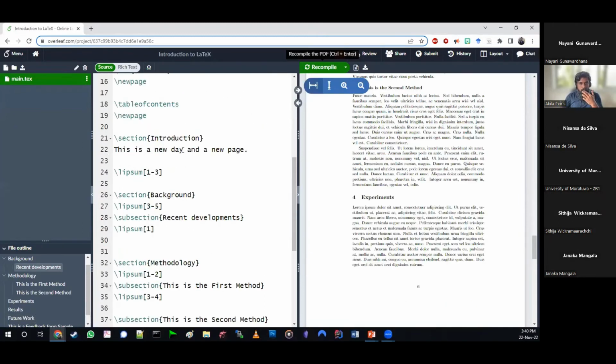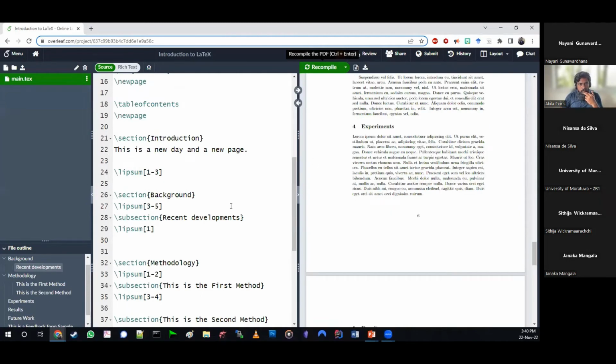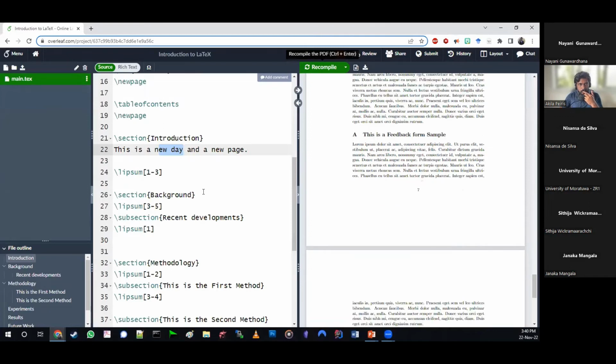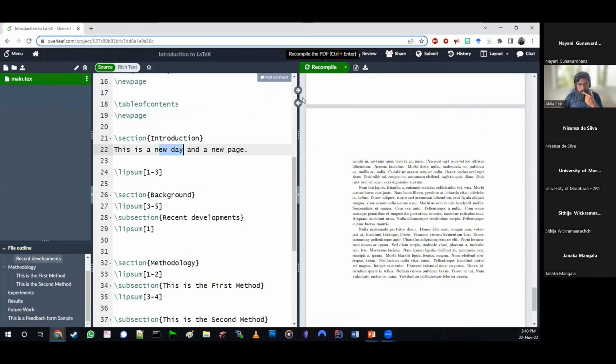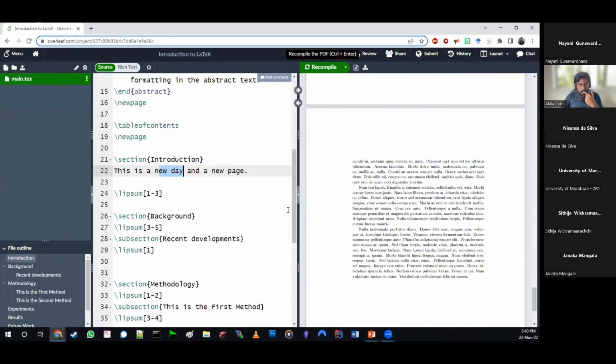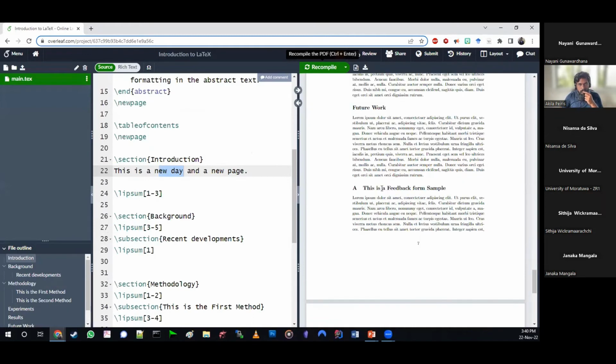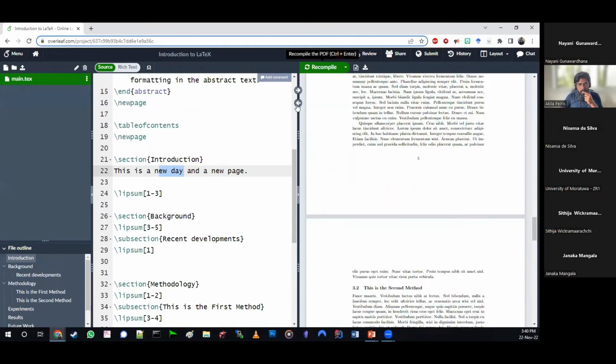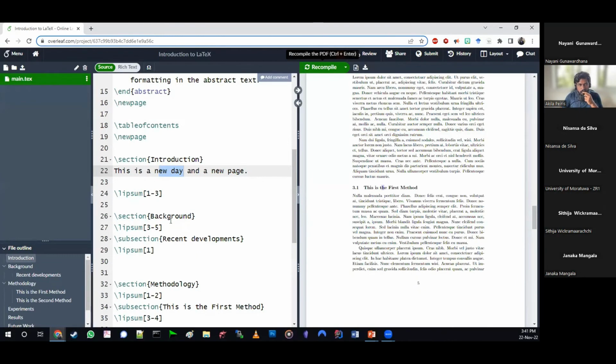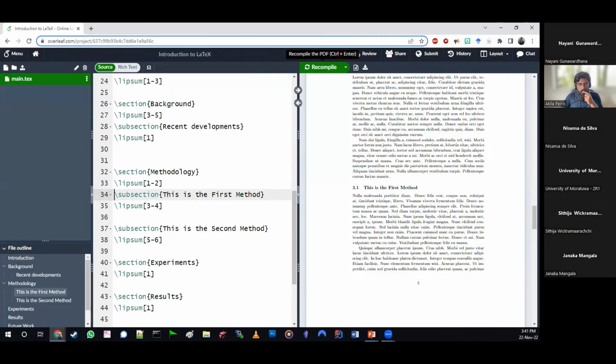So let me select this, and let's say I am at the bottom of this document, and assume that I had hundreds of lines here, and I want to find where in the document this text is. You just click this, and you move there, right? And on the other hand, you want to see where this is. You click this, and you jump there. So that is what the little two points are. I promised to show it to you.